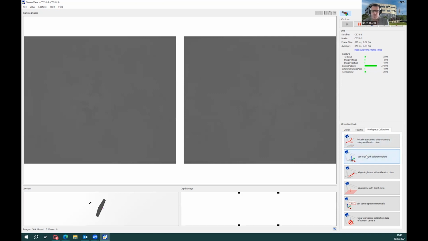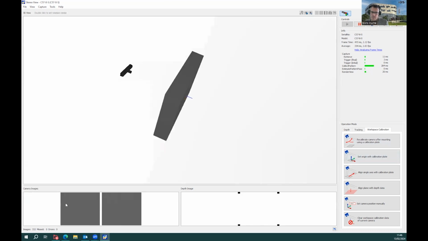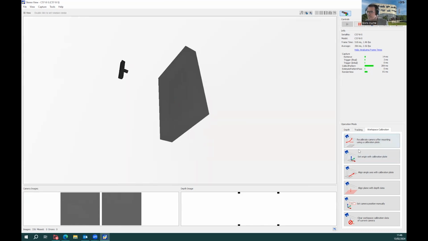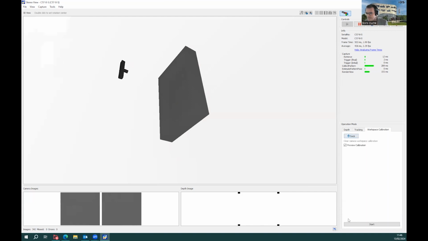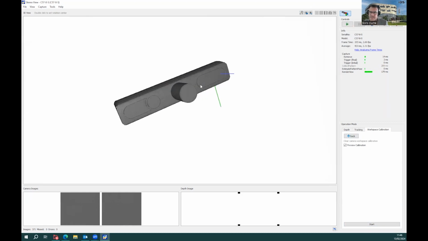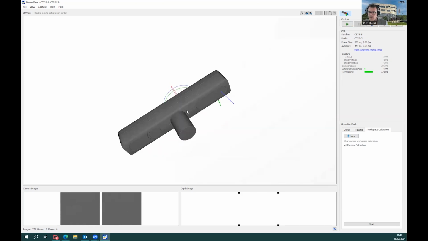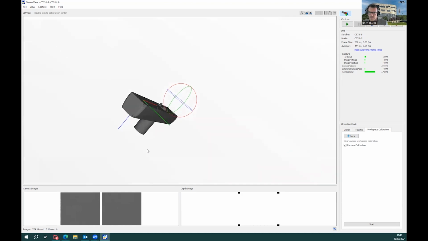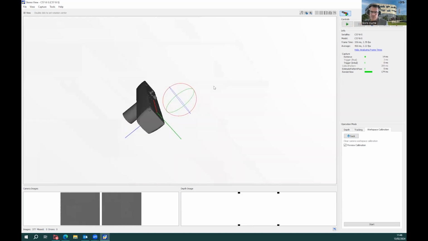Another kind of calibration you may be interested in is about changing the coordinate system of your point cloud. By default, when you buy an N-Sensor camera and work with it for the first time, it will look like this. By default, the coordinate system is here. You can see all three axes. By default, the center is on the left camera.